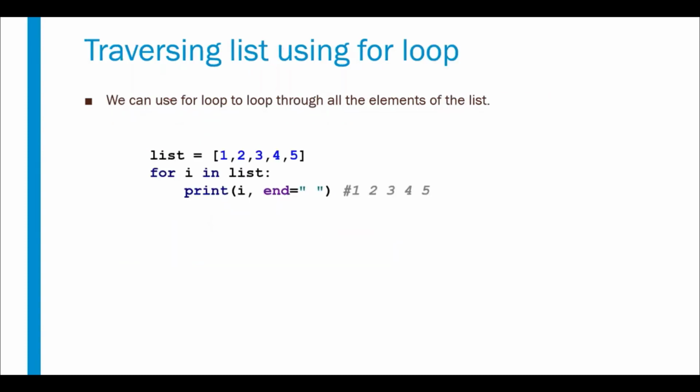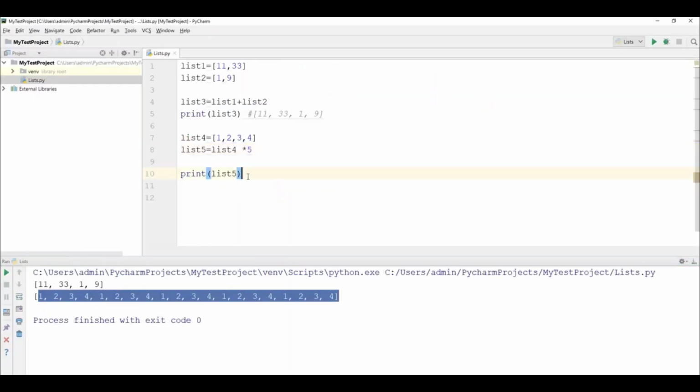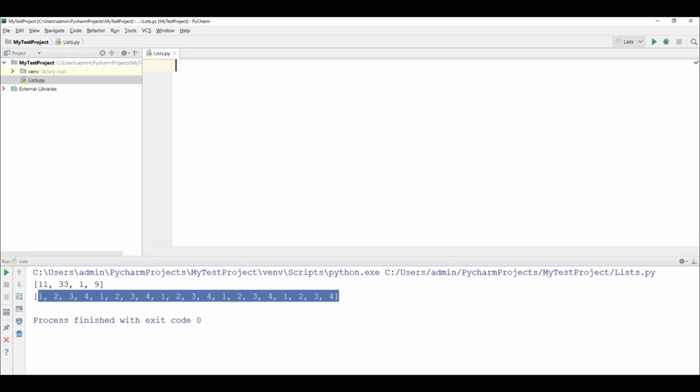Now we will see how to traverse the list using for loops. If you want to read these values, we can also use a for loop. Let's see how we can do that. Now let's go to PyCharm, and the same operation we also did on the string, right? The same thing we can use here. Let me use a for loop here to traverse the list items.